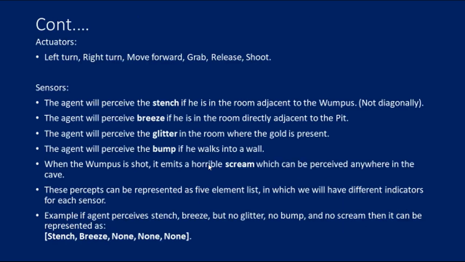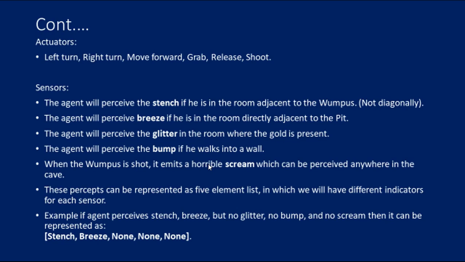Hope you understand. Next, what are the actuators here? Actuators can be left turn, right turn, move forward, grab, release, shoot. The sensors: the agent will perceive a stench if he is in the room adjacent to the Wumpus, not diagonally.